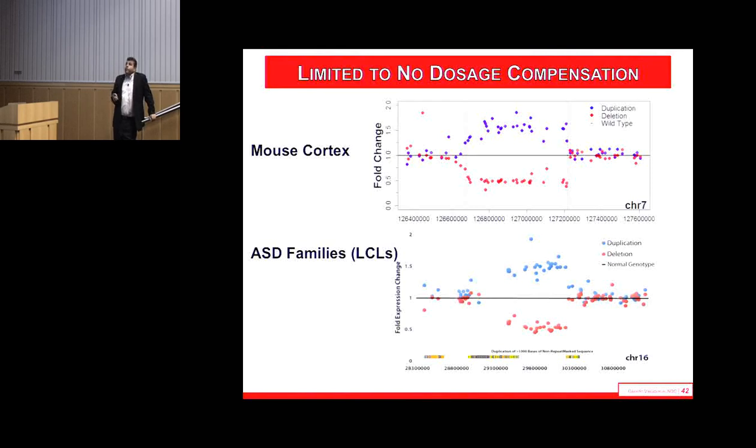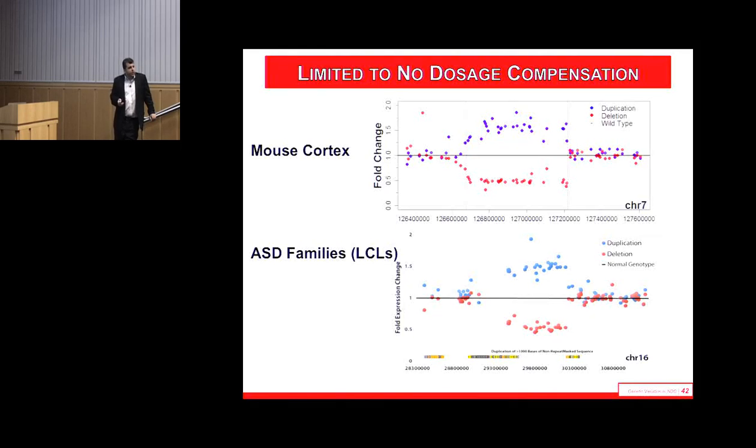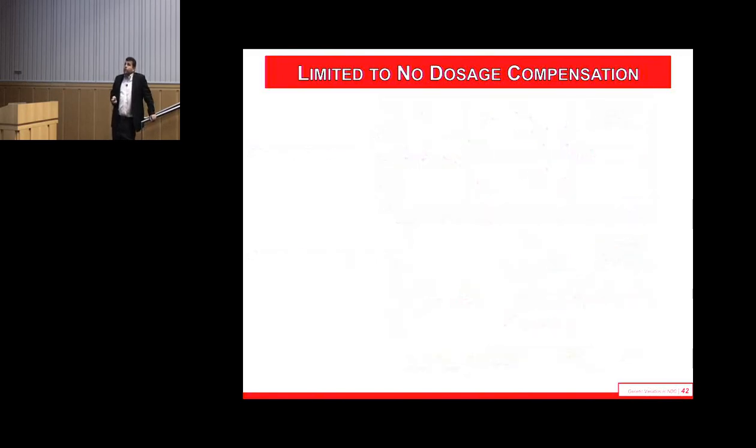But effectively what we find is if you have a deletion or duplication in an NAHR-mediated region, we find no dosage compensation whatsoever. So in 16p11, if you're deleted, all the genes go down. If you're duplicated, all the genes go up. Maybe that's not surprising to most of you. We actually were hoping to find some dosage compensation and perhaps rule out some of the genes in the region, and we couldn't do that at all. And in fact, the segmental duplications behave fairly well as well.